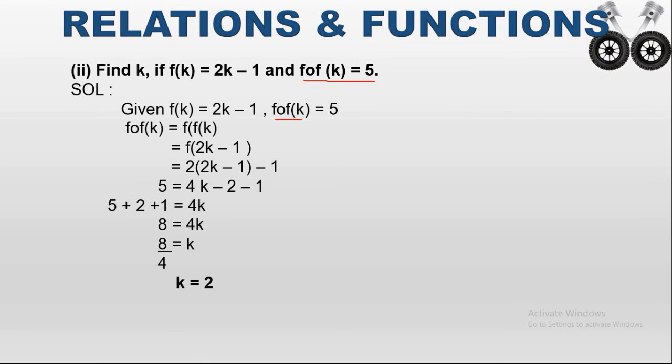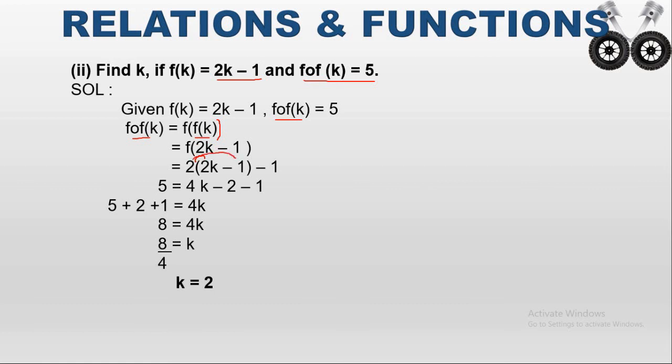So first I can write f composition f of k equals f of f of k. First we have to substitute the value for f of k. What is the f of k value? It is 2k minus 1. So instead of f of k, you write 2k minus 1. So f of 2k minus 1. Again in f of k, wherever k is, you substitute the value 2k minus 1. Then it will become 2 into (2k minus 1). First you multiply 2 with the 2k, it will become 4k. Then again you multiply 2 with the minus 1.